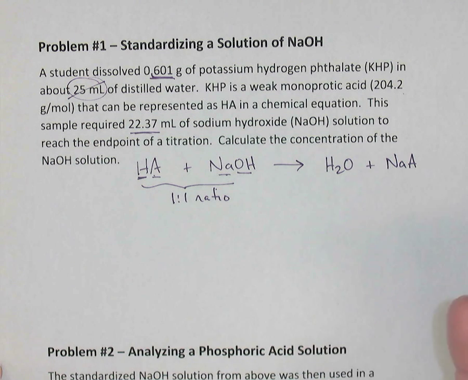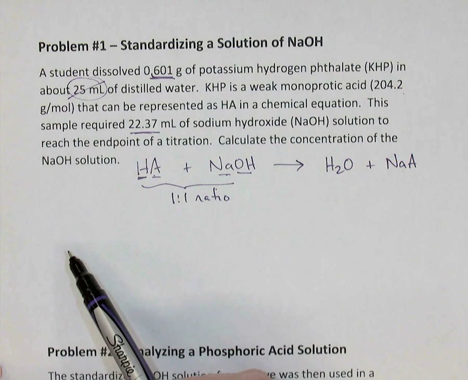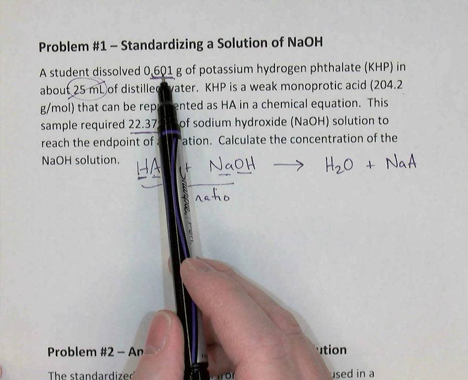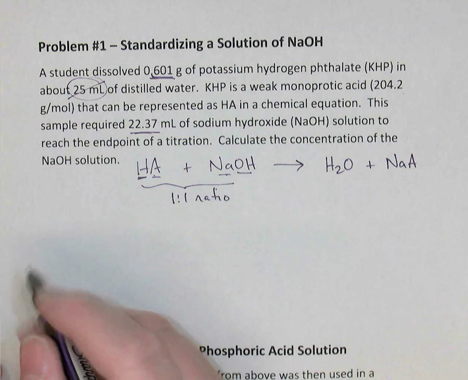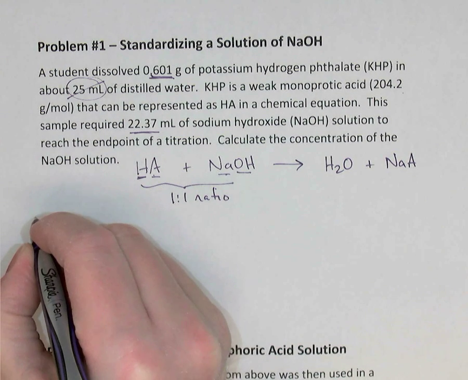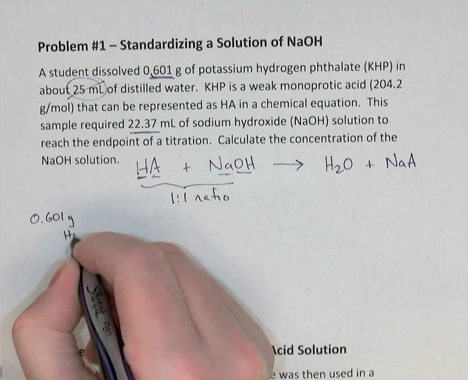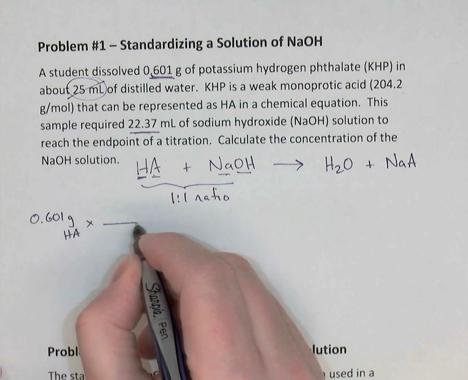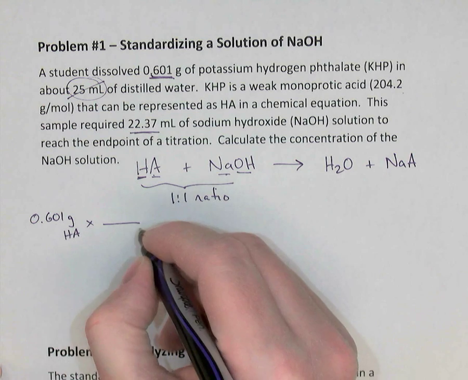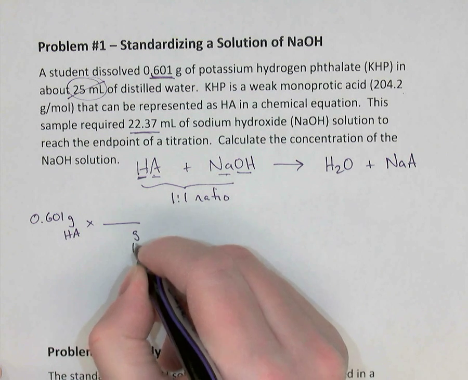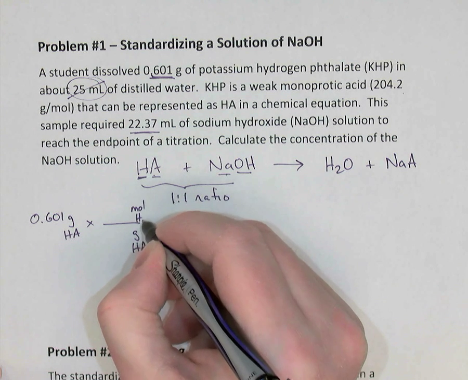So one rule of thumb is to start with a number that you can do something with. So which of these 2 numbers could we do something with? Well, if I have the mass of acid, and I know its molar mass, then I can convert mass to moles. So there we have a little bit of a path to take, so that dictates what I'm going to do. I'll take the 0.601 grams of acid, and when I set up my unit multipliers, I don't put numbers in the multipliers until the end, so I'm going to just focus on the units. I'll convert my grams of acid, grams of HA, into moles of acid, moles of HA,